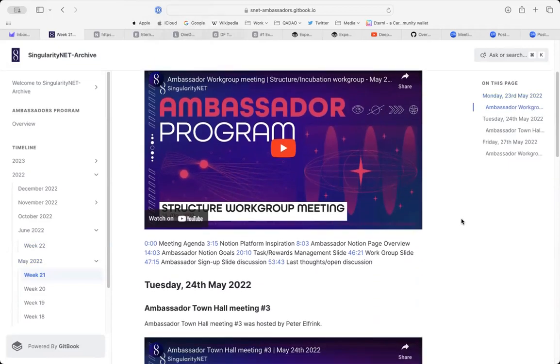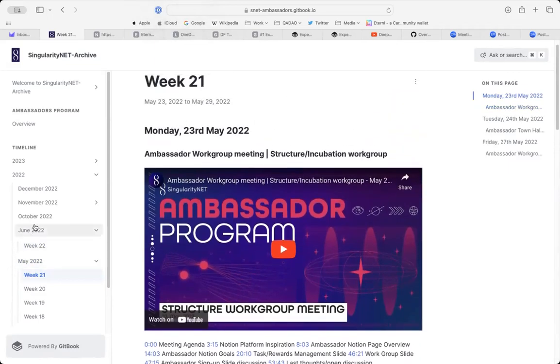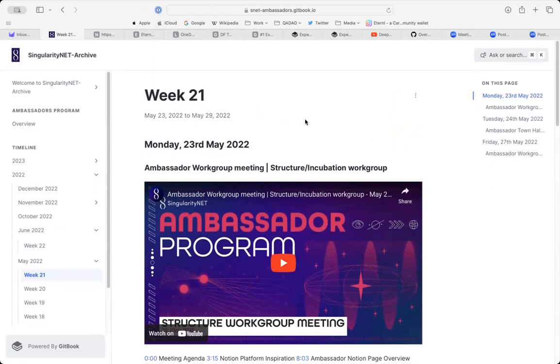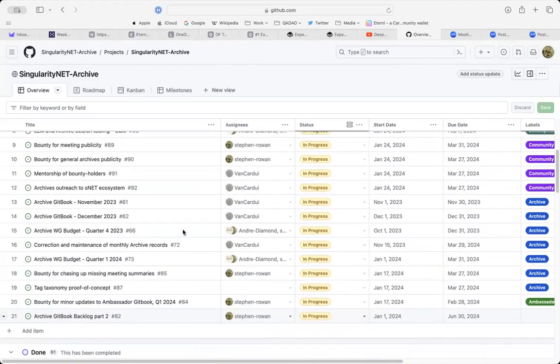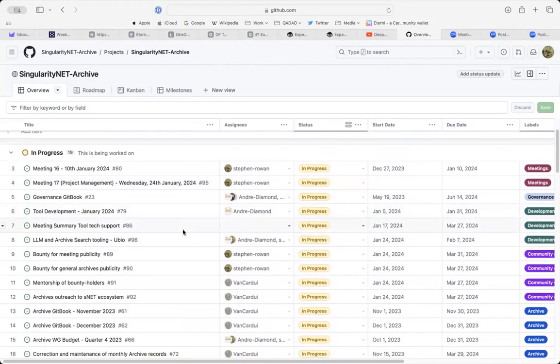So this pattern repeats. So going forward until about the end of 2022, the beginning of 2023, the majority of meetings were town halls and one-off workshops. Well, actually until about September 2022. So that's what I'll continue doing. Okay, so go back to that. That's what I'll be doing for that. And that's it, unless there's any other issues.